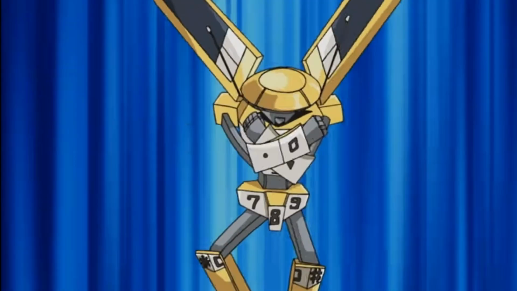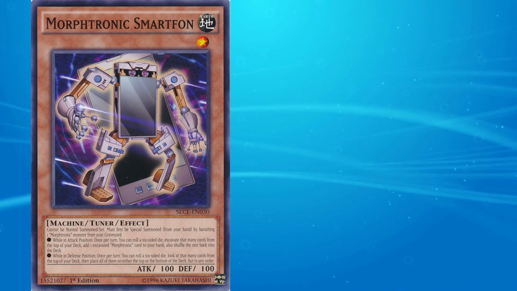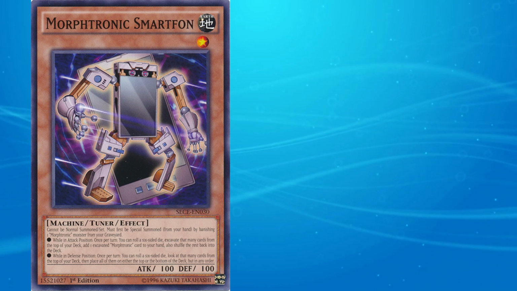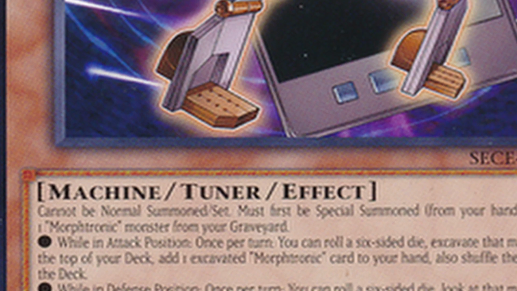a children's card game. Let's take a specific look at Smartphone. You can see its attack position, where it's come to life and is ready to fight in the foreground, and its defense position, where it is literally just a smartphone in the background. Not too intimidating if you ask me. It has its two effects, one for attack and one for defense, and is even a tuner, greatly helping the